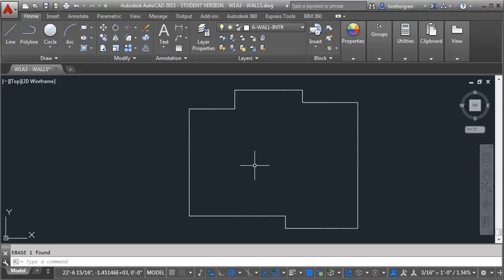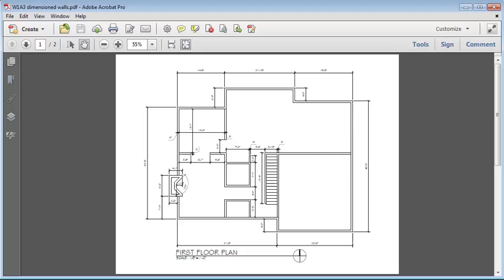So I'm going to take just a few minutes and talk about a couple different ways you can approach drawing this floor plan. What I've done here is I've used the line command, and I've drawn the exterior face of the exterior walls of our first floor plan. And let me bring up the PDF here for just a minute. So I've just come around, can start at any of the corners and kind of come around just doing that